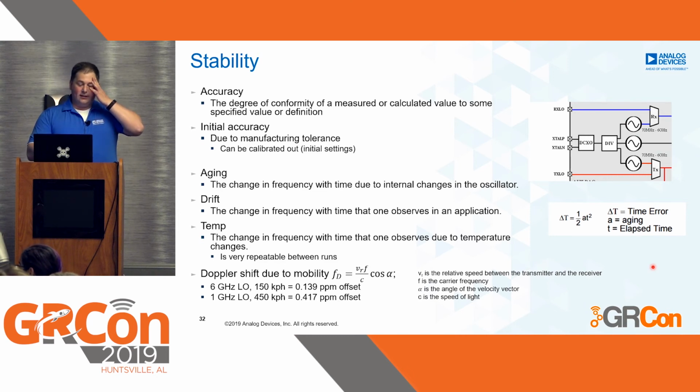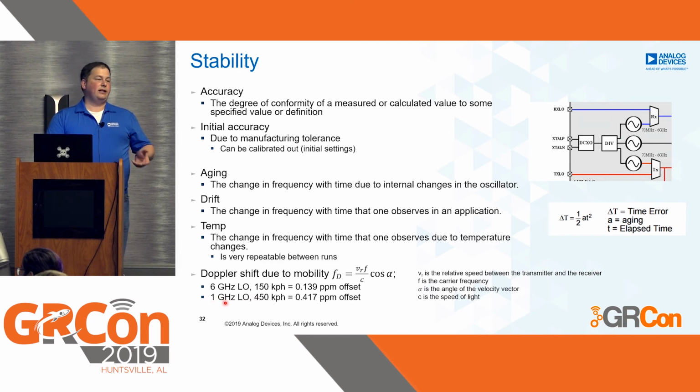I thought that doesn't happen that much, but this is actually what happens with airplanes. I'll be giving a talk later this afternoon about ADS-B, and you can actually measure this with ADS-B. Because the airplanes coming at you do travel 400 or 500 kilometers an hour, and the frequency they're transmitting at is 1 gigahertz. So no matter what you are doing, the algorithm always needs to be able to handle this half ppm offset.